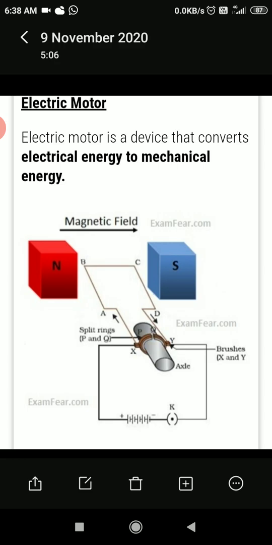That force we have seen by using Fleming's left hand rule. So here also it is the application part only. We have the rectangular coil and we are passing the current in it. Now when the current carrying wire is placed in the magnetic field, a force will be exerted on the wire, and because of that it moves.